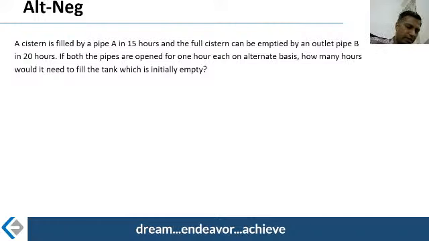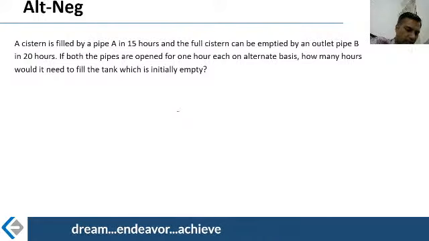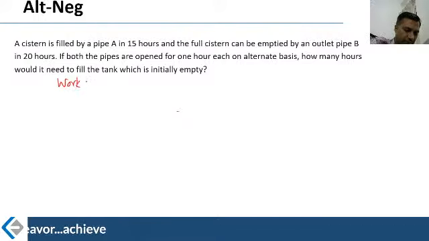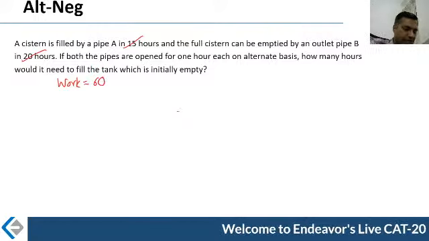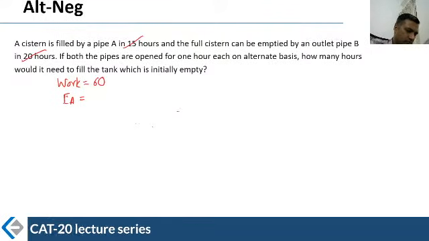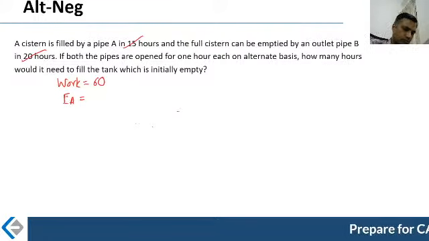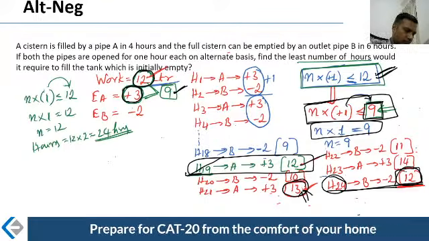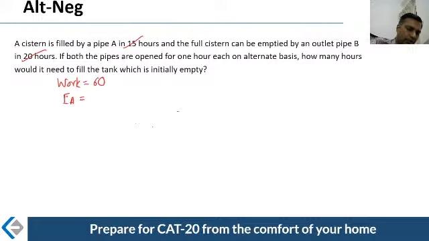You have got this, right? Okay. So, the capacity of the tank is nothing but work. Start there, at the capacity. What's the work? LCM of 15 here and 20 here. Capacity of the tank is 60, isn't it? Okay, efficiency of A is filling it. What is the efficiency of A? 60 divided by 15, 4